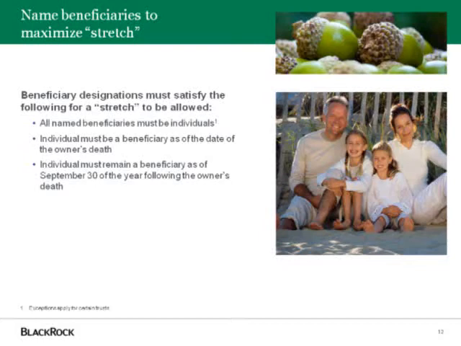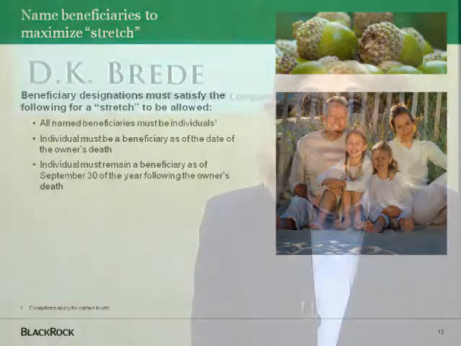Number 3, individuals must remain a beneficiary as of September 30th of the year following the owner's death. It is very important if you are naming your estate as a beneficiary that you understand the cost to do that with respect to the stretch. If the estate is the named beneficiary, your heirs will not be given the opportunity to stretch over their life expectancy. In many circumstances, they will be required to distribute all of the money by the end of the 5th